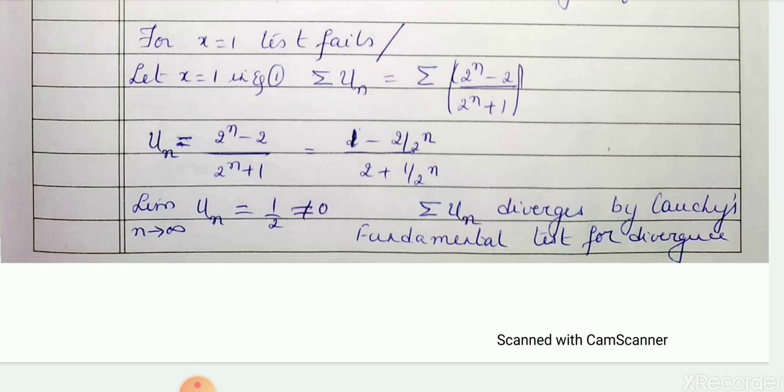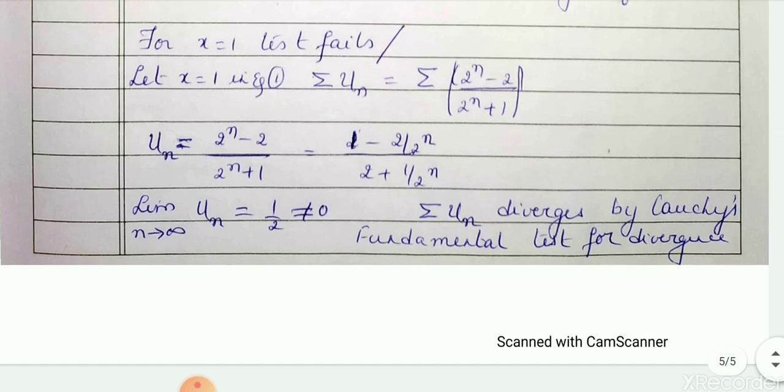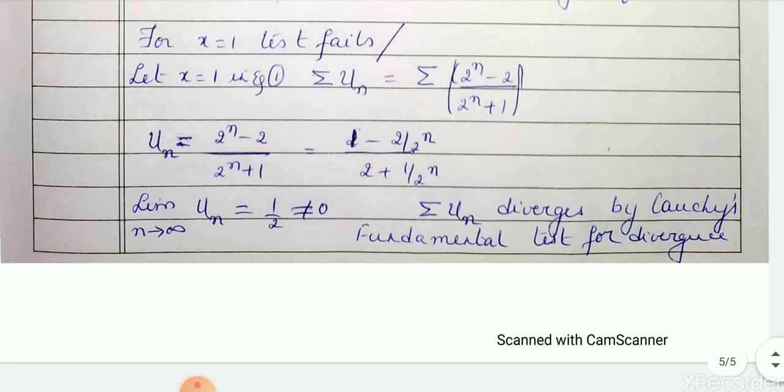So we simply go for limit as n tends to infinity of un, and check whether it is not equal to 0. For this example we get 1 by 2, not equal to 0, and by that Cauchy fundamental test we say sigma un diverges. Then conclude and write for this. Sigma un converges if x is less than 1, diverges for x greater than or equal to